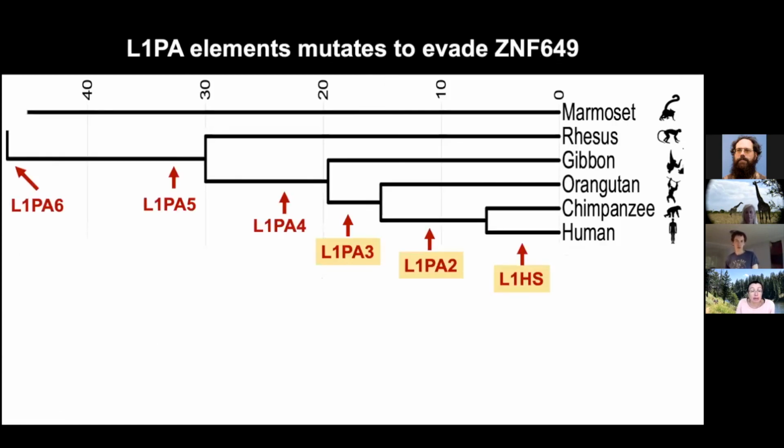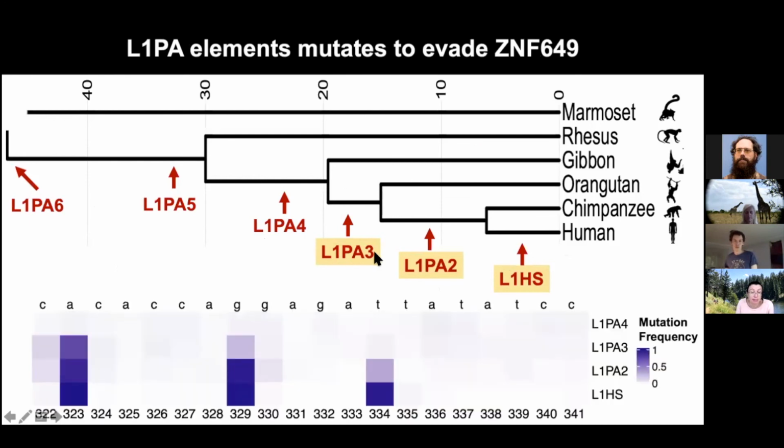And so we can also look to see how the line elements respond to the ability of 649 to repress them, by comparing different L1PA elements. So I should backtrack for a moment. So line elements are characterized